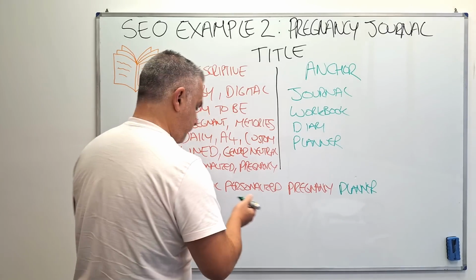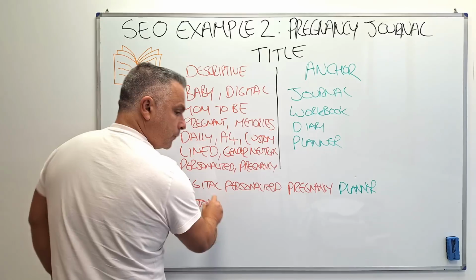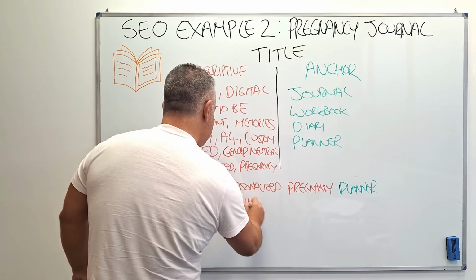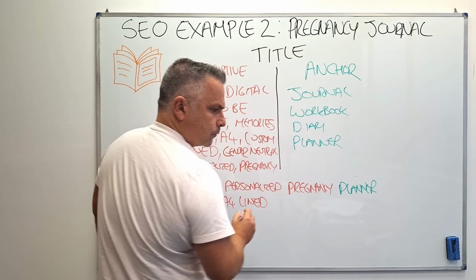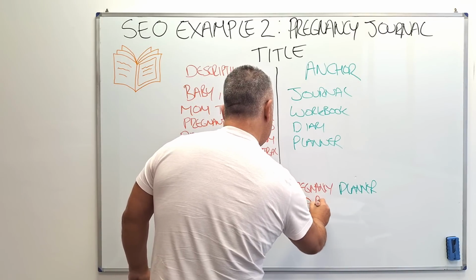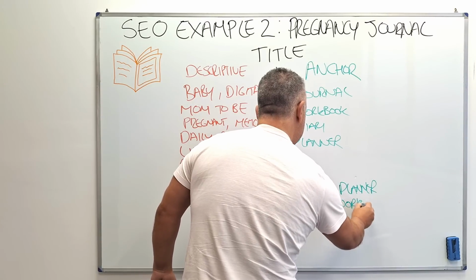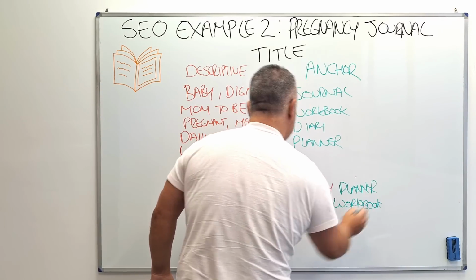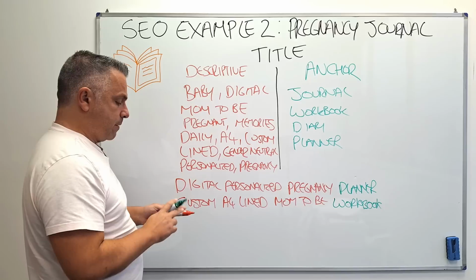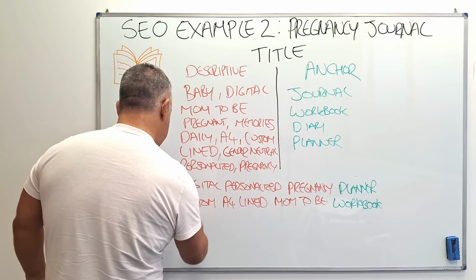Next one, custom. Got to read my writing. A4, lined. Mom to be. And then the green anchor, workbook. So that's keyword set number 2, red to green, left to right. Easy to read and totally describing what this item is. Really, really good. And then the last one, gender